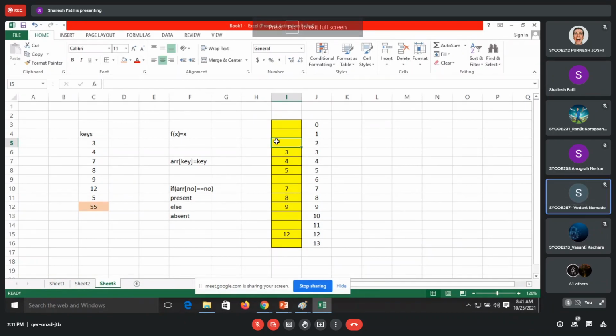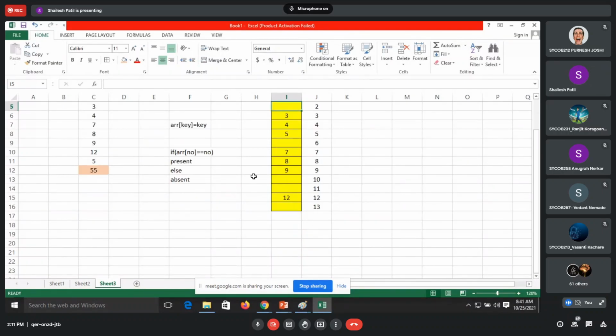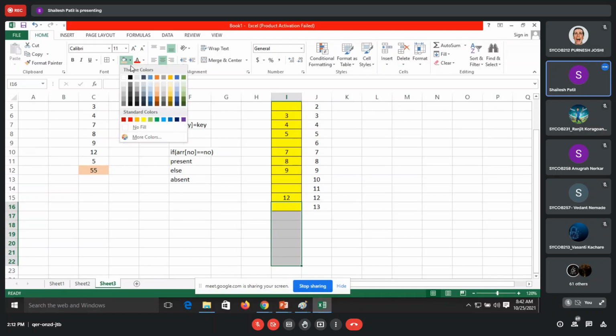No, not the division operator. With this same approach, what do we have to modify? That is the advanced solution which we looked at in the last practical. The basic thing with this same approach is that I have to increase the array size to 55.